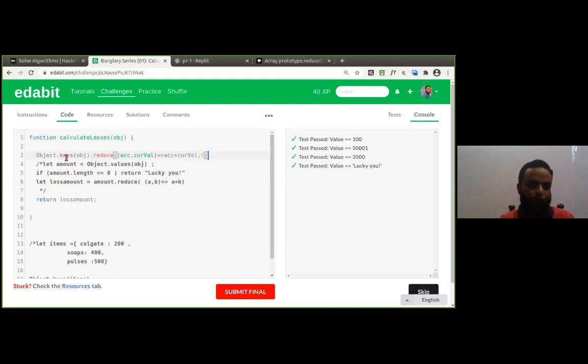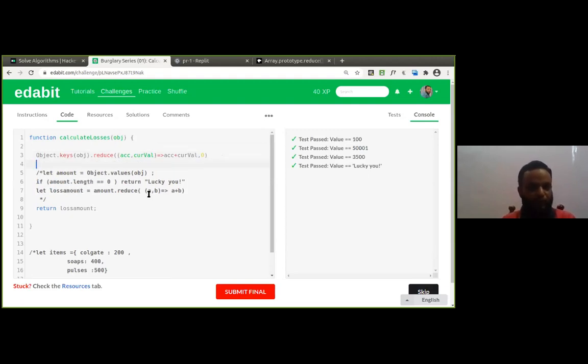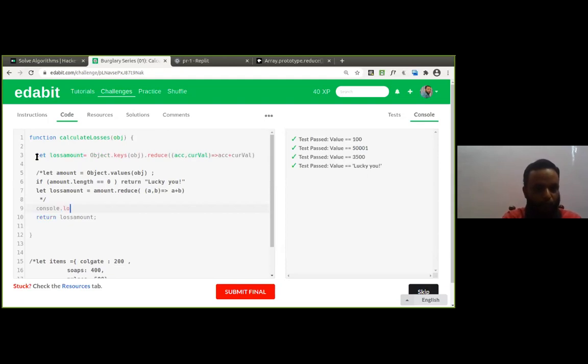First of all, we are getting that one, isn't it? Object dot keys of reduce. Now in this case, we have given it as a comma b. The reducer is a and the current value is b. Now if we give like this, Object.keys of this one reduce, and if we do not give the initial value, what will happen here? Let's see that one also. Let's assign this to console.log loss amount.